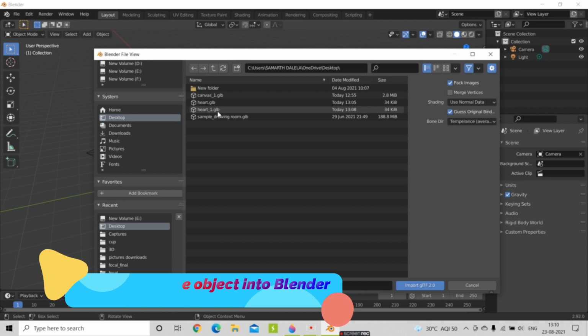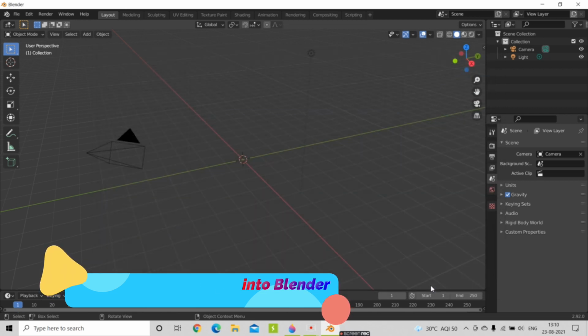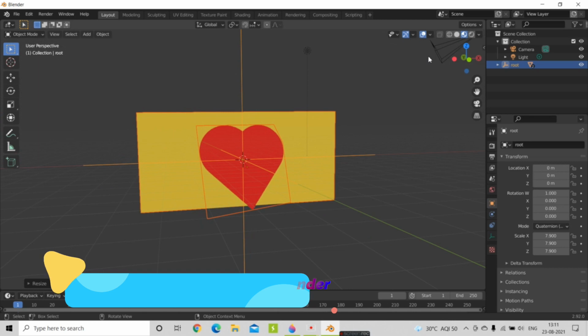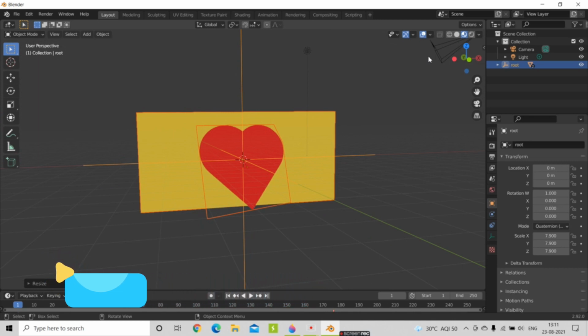When I select heart underscore 1.glb, then import .gltf 2.0, and then here you can find it. See, here I have imported the heart that I made in Paint 3D, and I got it here.